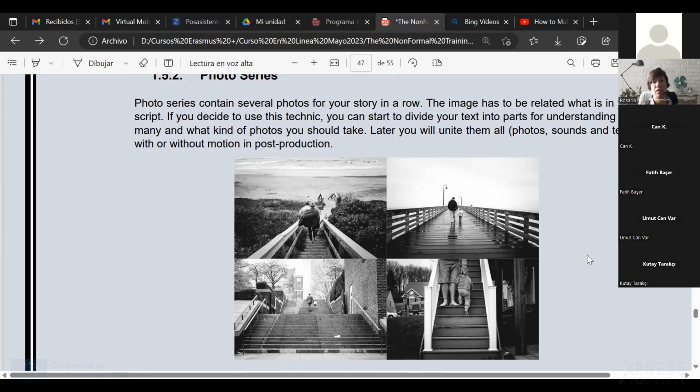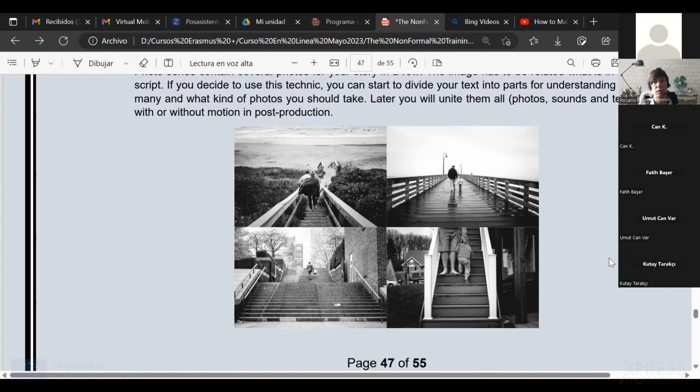But it is different photos together. Most storytelling uses this technique, the one we have watched in the videos today. The only difference is that this one has a topic in common.